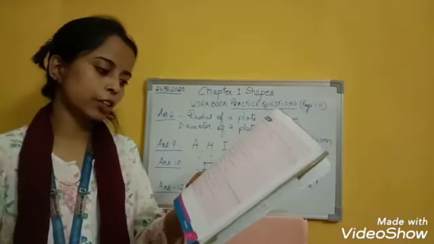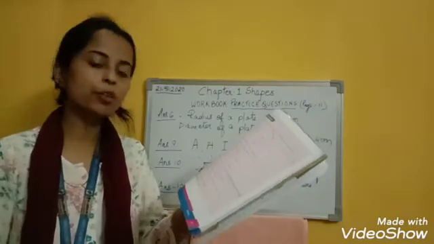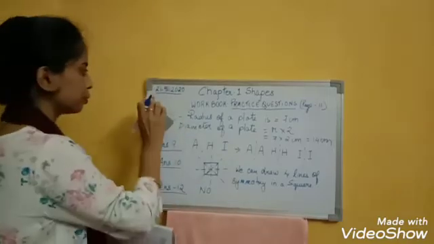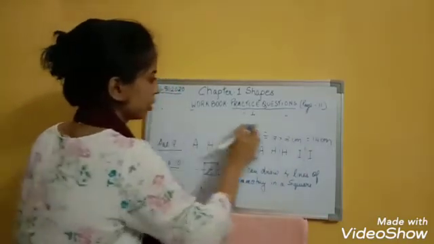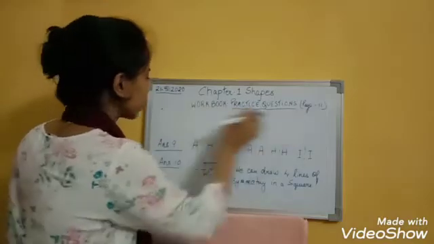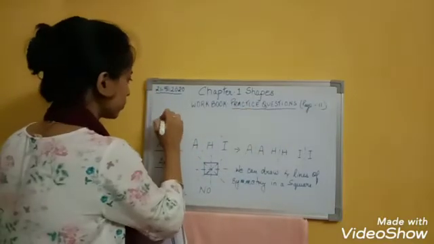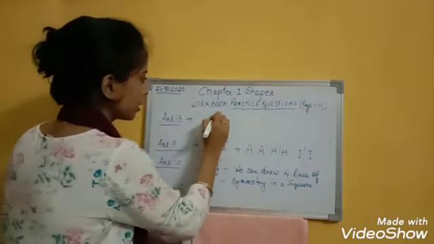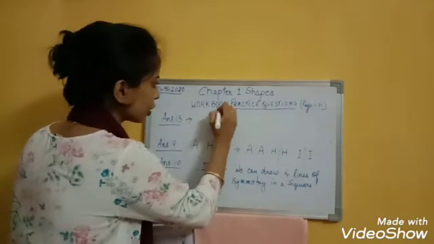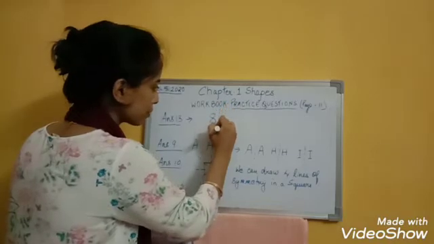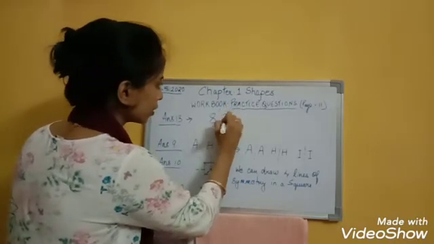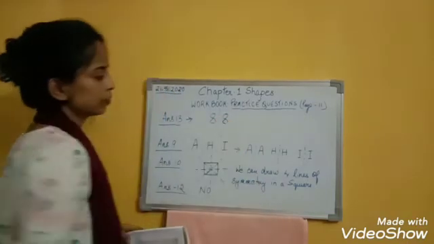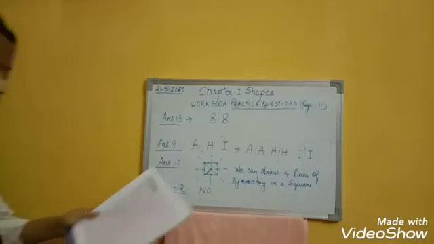Next, come to question number 13. Draw the mirror image of 8. Here you have to draw the mirror image of number 8. Answer 13. Let's see how to do. You have to draw the mirror image of 8. This is 8. Draw the mirror image. Line of reflection. So you have to do like this, right?